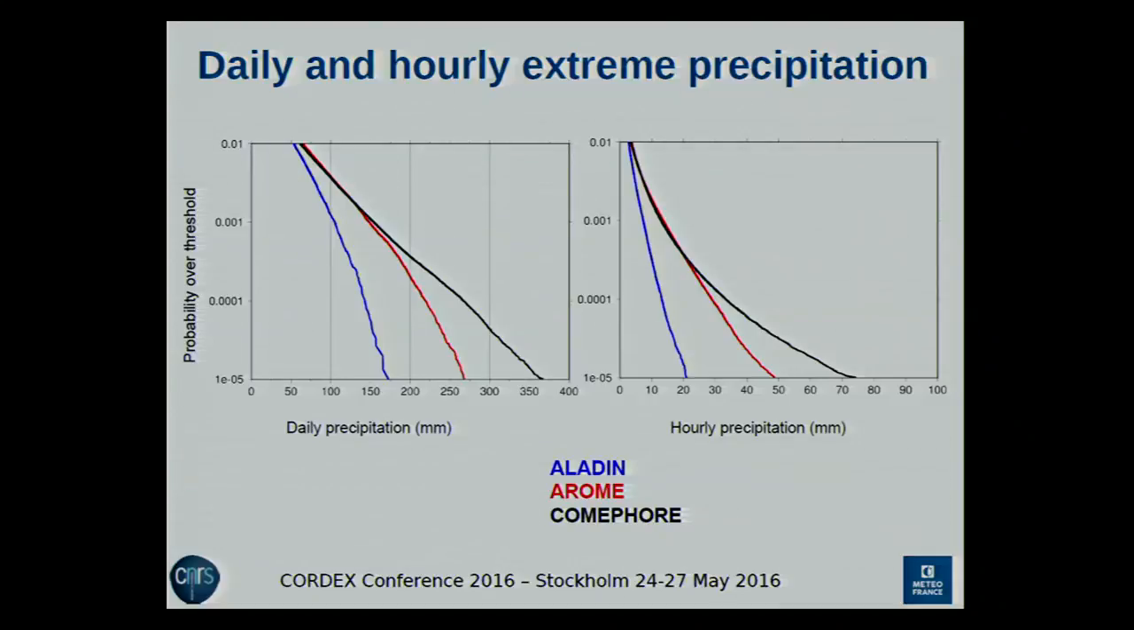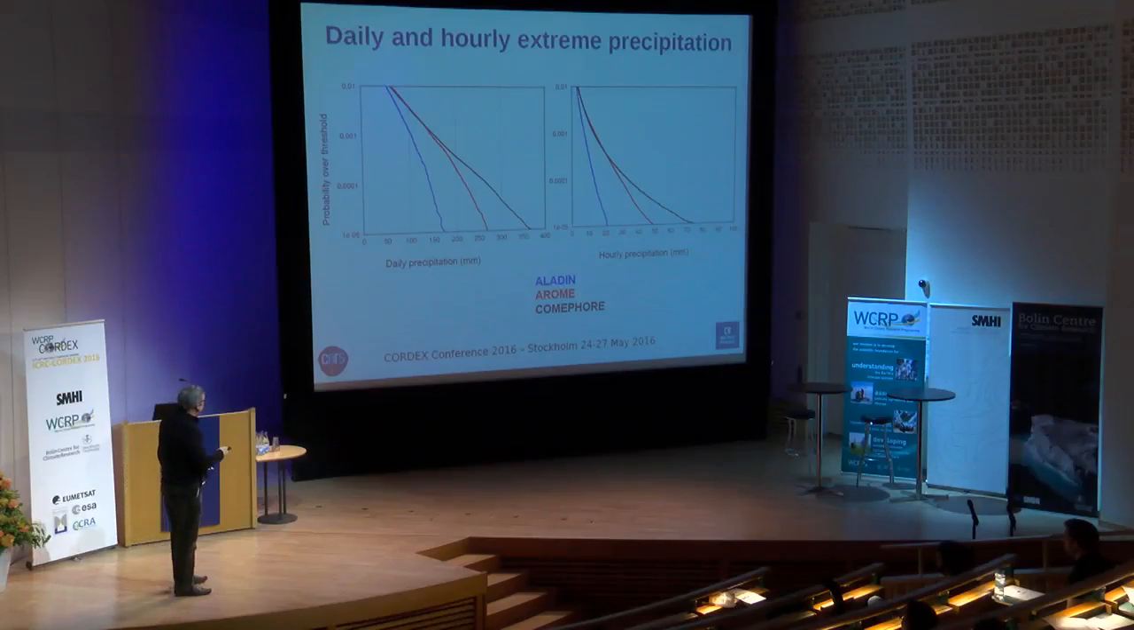But if we compare with Aladdin, Aladdin clearly underestimates this extreme precipitation, even at the threshold at this quantile. This is the 99% quantile. The 99% quantile is okay, or more or less okay, for the different models, but if you go to 99.9, 99.99, and 99.999, you can see the divergence of the different models. So we can be more confident in what AROM provides us versus